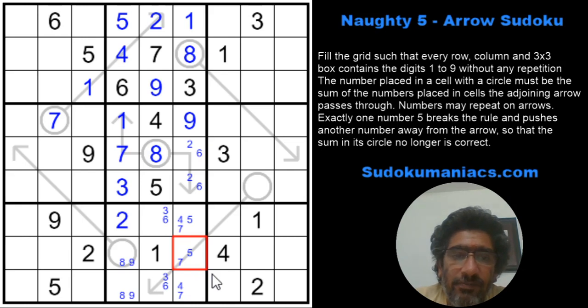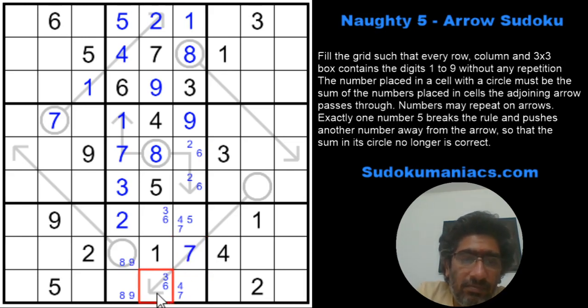Remember the notifier, the 5 is the only digit which will make the sum wrong. Rest of the other digits on the arrow have to form a legitimate sum, right? Keeping that in mind, this cell 5, 7. If this were a 7, I would have a minimum 3 at the end of the arrow, and if both were legitimate numbers, 7 plus 3 would be a sum of 10, right? Which would not be possible in this. Because remember, any digit apart from that 5 has to be a legitimate digit. So obviously I can't have a 7 there. This would have to be a 5.